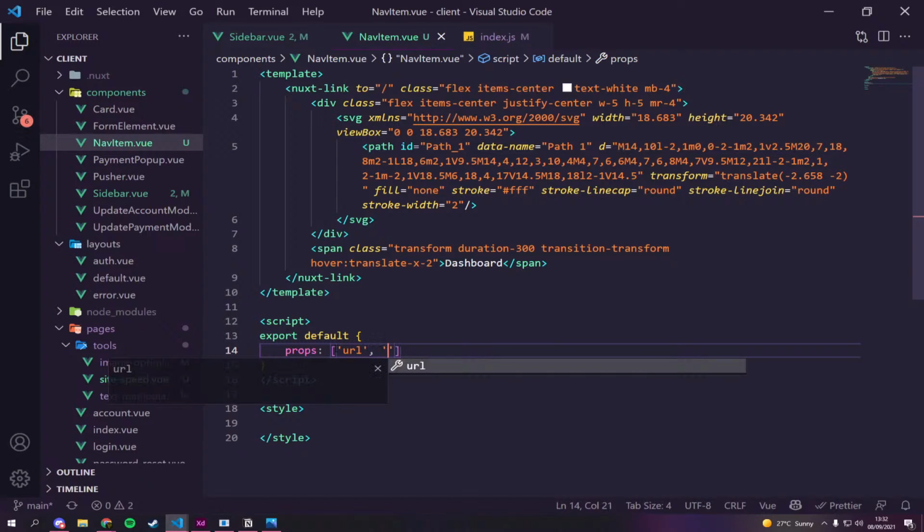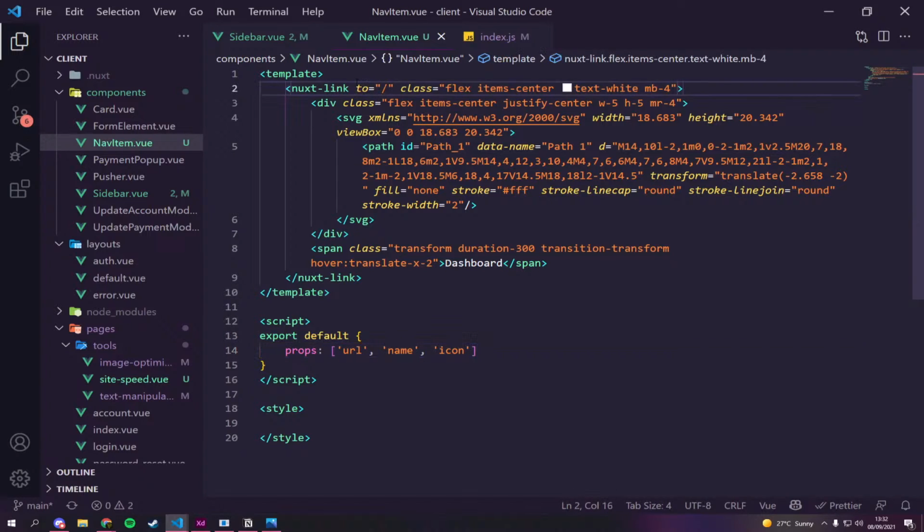We're going to have a name. And we're going to have an icon. I think that's right. So in here, this is going to be URL, or path. I don't know how we'd justify that or say that. This will be the SVG code.